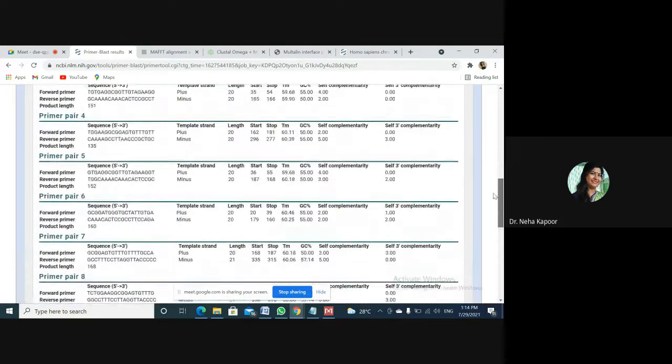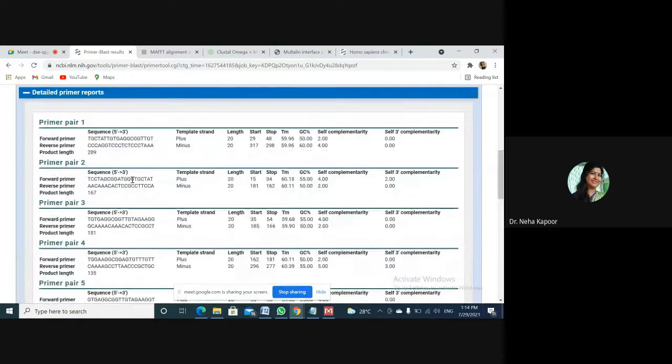As you see, on self complementarity, only the first primer and the third primer have self complementarity 0. But the maximum product size that we can get, that means maximum gene amplification that we can get, is from primer pair 1. That means these are the primer pairs. After selecting this sequence, you can get this synthesized from the companies, because they will synthesize these sets of oligonucleotides under in vitro conditions, and you will be able to amplify your desired gene of interest.